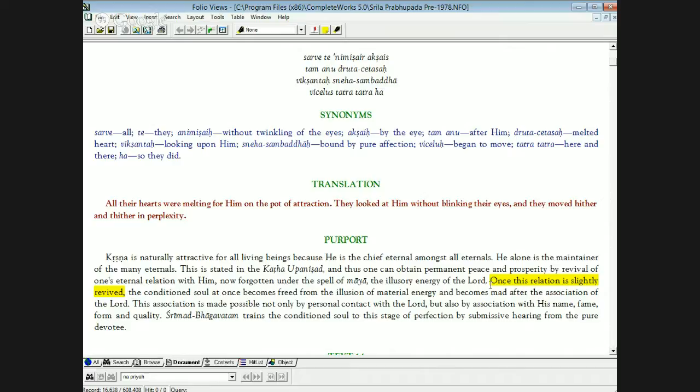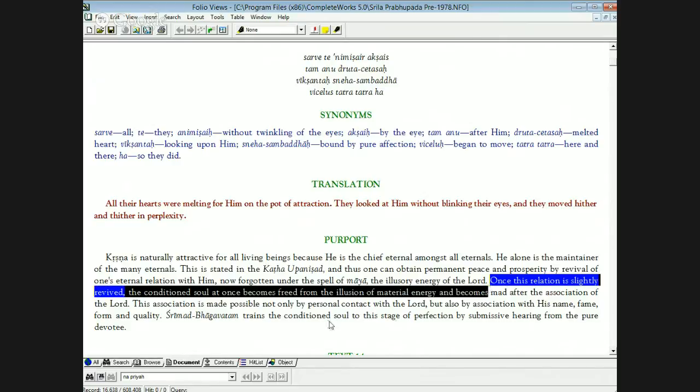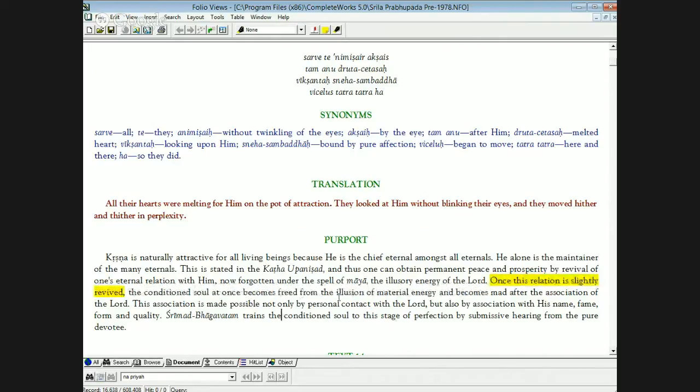Once this relationship is slightly revived, the conditioned soul at once becomes free from the illusion of material energy and becomes mad after the association of the Lord. This association is made possible not only by personal contact with the Lord, but also by association with His name, fame, form, and quality. Srimad Bhagavatam trains the conditioned soul to this stage of perfection by submissive hearing from the